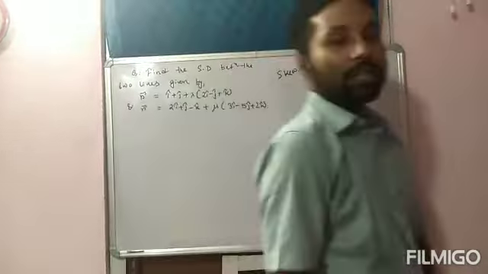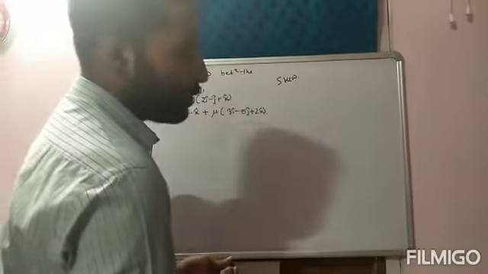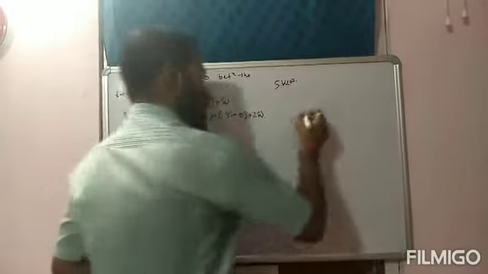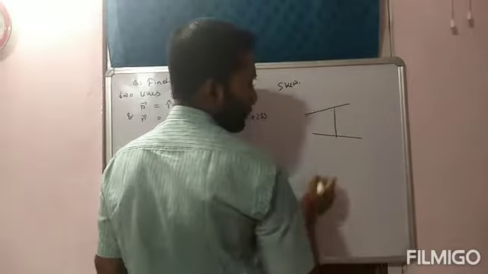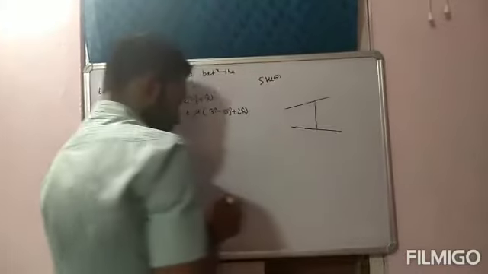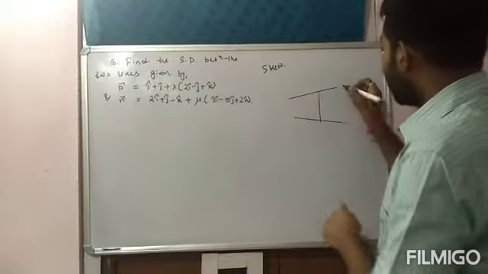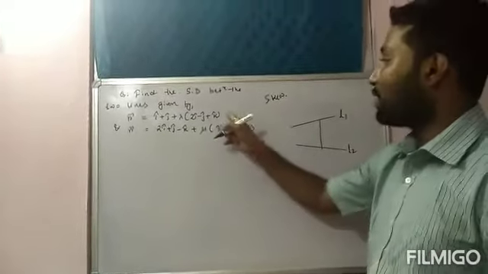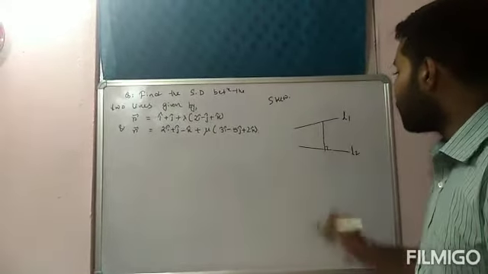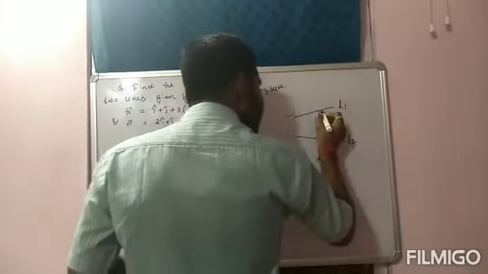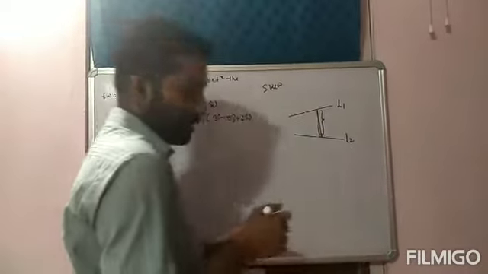Now the question is, what should be the formula we can use to find the shortest distance between the two lines? अगर skew lines है तो parallel नहीं होगा, तो parallel नहीं है तो कौन सा line का shortest distance find out करना है? There will be a line which is perpendicular to L1 and L2. Say first equation is L1, second equation is for L2. There will be a line which is perpendicular to both L1 and L2. You have to find the shortest distance between these two lines. ये line का ही shortest distance find out करना पड़ेगा.